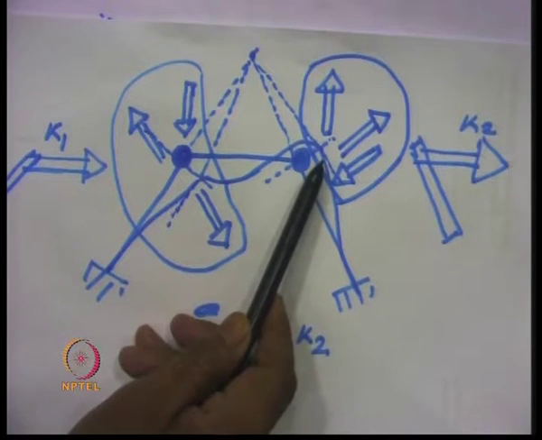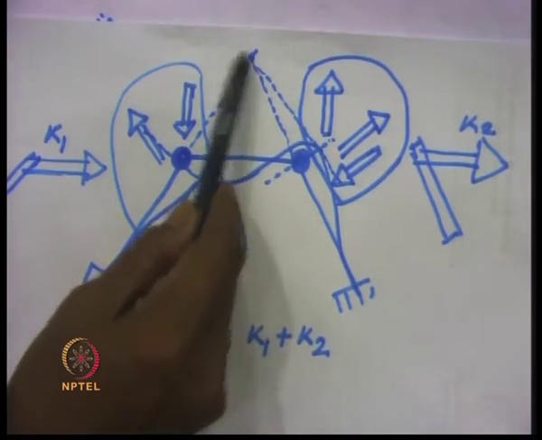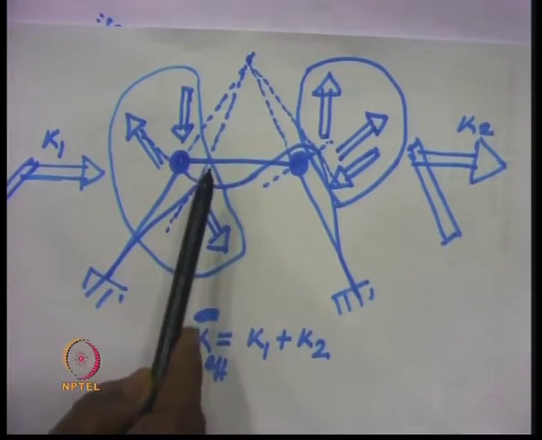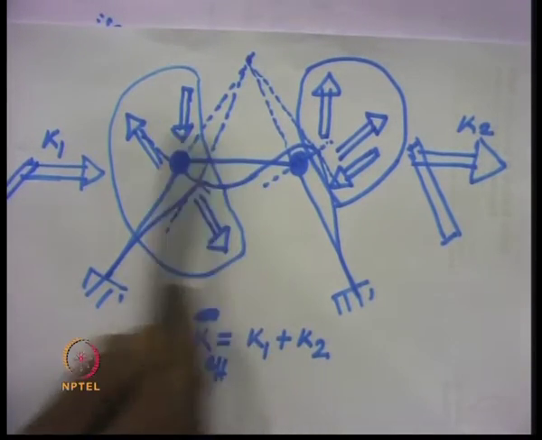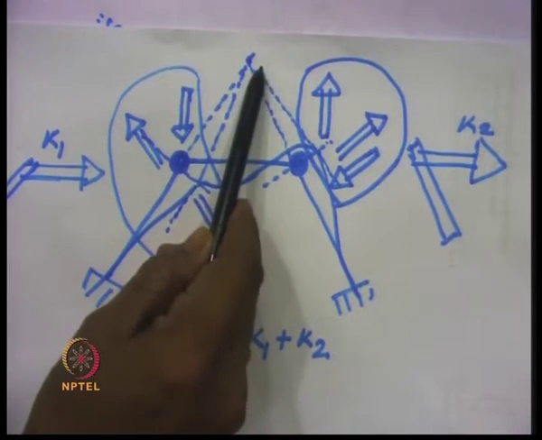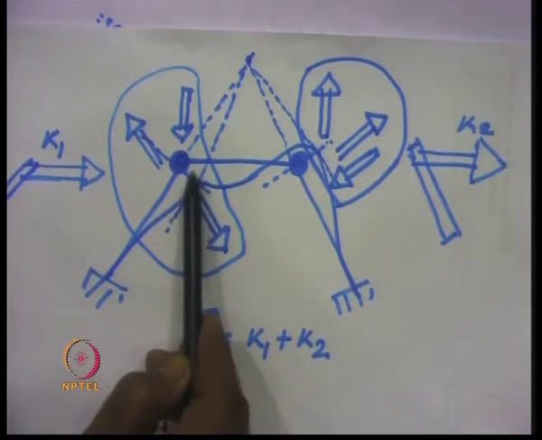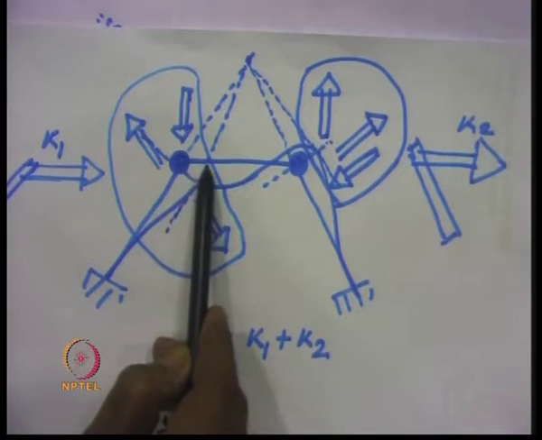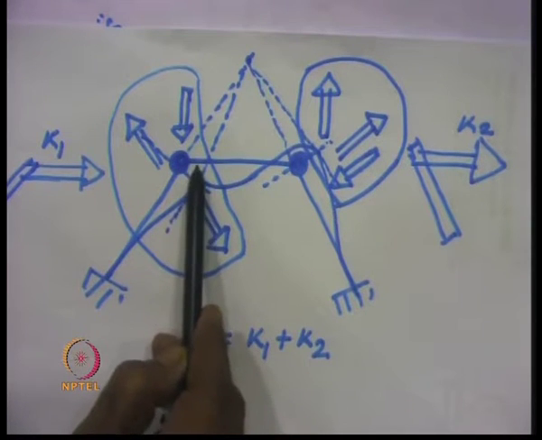For that, we make this the instantaneous center of rotation, consider this as a set square, and rotate it about the instantaneous center such that the horizontal component of this movement becomes equal to